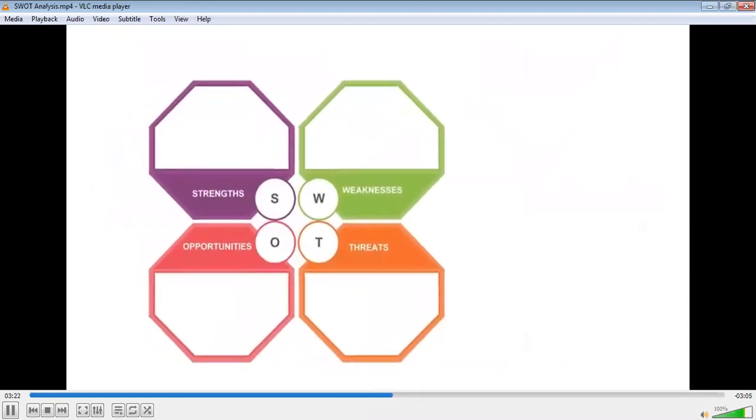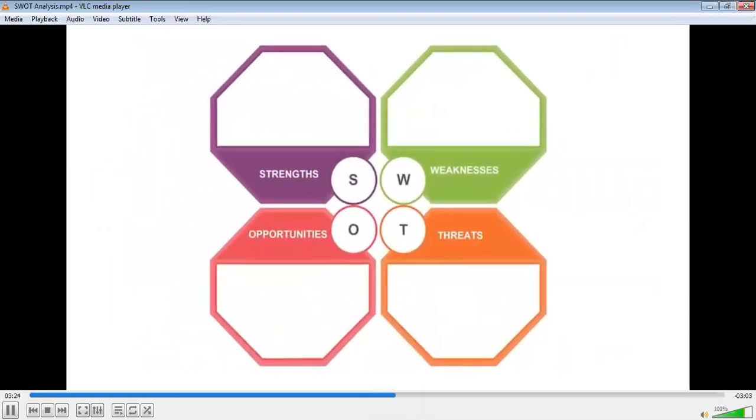Also, you'll very likely have the same factors listed in more than one of these categories. You can see how a company's weakness, for example, its lack of presence in a marketplace, could also be a major opportunity going forward.